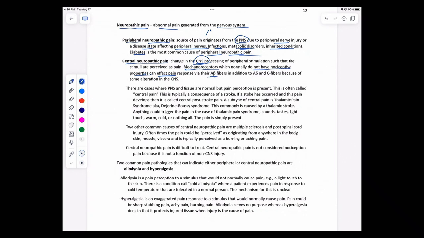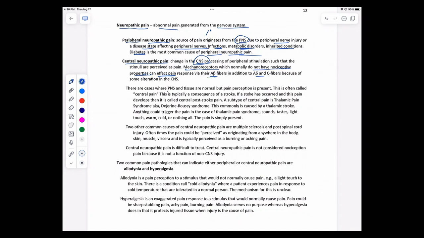This is poorly understood. Nobody understands in a detailed way what's going on with that, other than that is what is happening. So in that case, you could have, again, fiber types in the peripheral nervous system that normally have nothing to do with pain, for example A beta, and they are causing pain generated from the central nervous system in addition to your A deltas and your C fibers. Again, poorly understood, but something has gone awry in the central nervous system where it's taking normal sensation that should not be associated with pain, and it is somehow lighting off the pain pathway in the central nervous system.